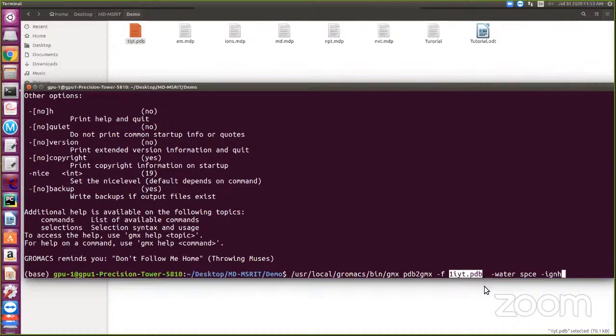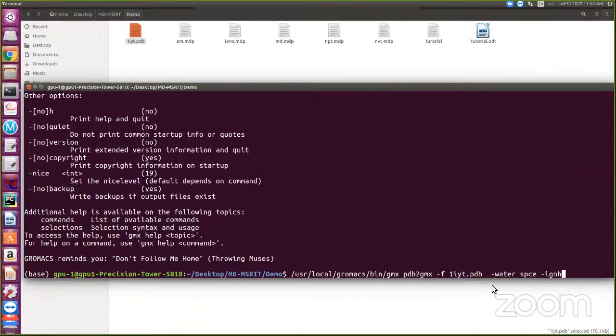Next one is what type of water I'm going to add. You should understand this. We already know that in our body proteins are surrounded by water molecules. So what type of water molecules do I have to add? I'm going to add the SPCE water model here. There are different water models: TIP3P, TIP4P, SPC, and other than water models, even DMSO and other models are there. We can use any other model.